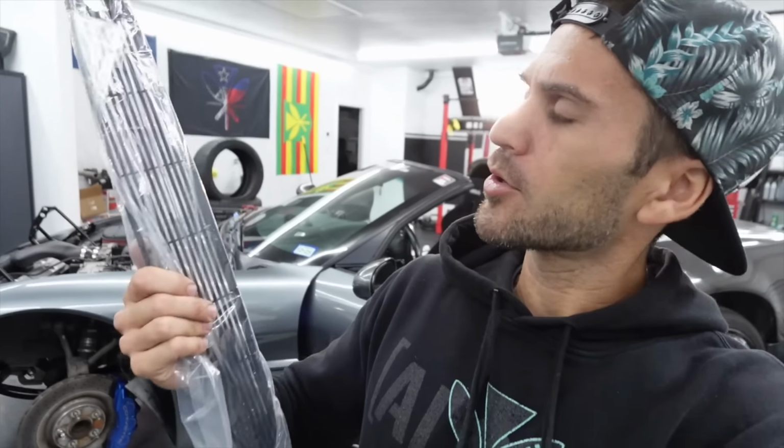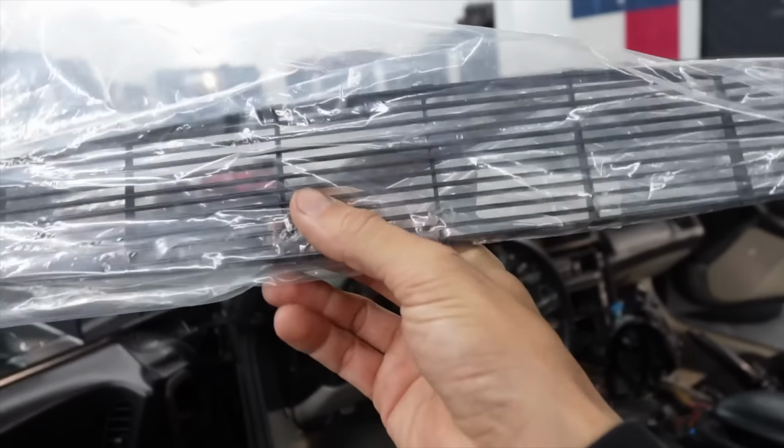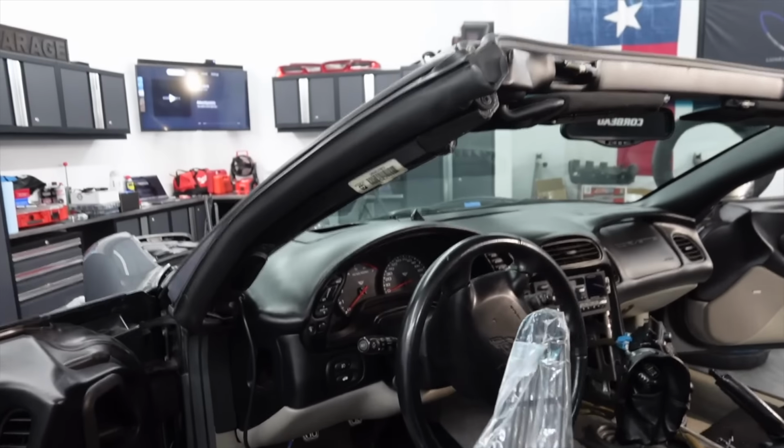This is turning into a while I'm in there project. And while I'm in there, we have a new one of these. I've been slowly collecting parts for this car for 1.5 years now of just miscellaneous things that are broken. And one of those things that are broken is the dashboard insert cover thingy-majig. It shattered and fell into a million pieces a while back. We're just going further backwards than forwards. I want to get this on the ground and driving because I need to tune it. But while we're in here,